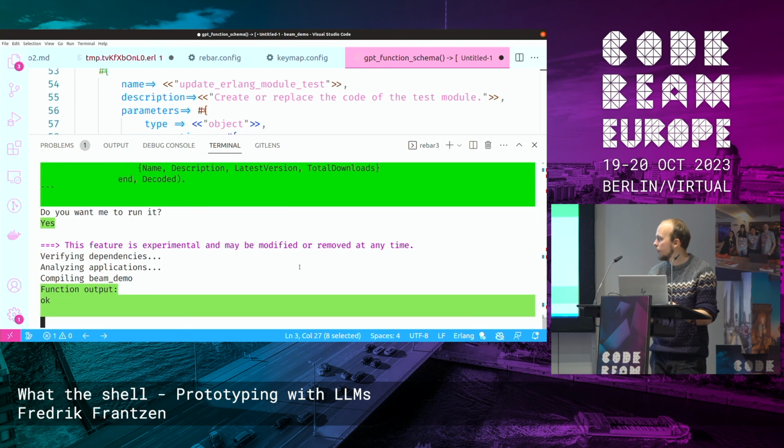So it put that in my source directory, and then it recompiled everything, and now the prompt didn't show, but it's there. It's called search hexpm, and then it's called search, and then I can say search for kitchen.